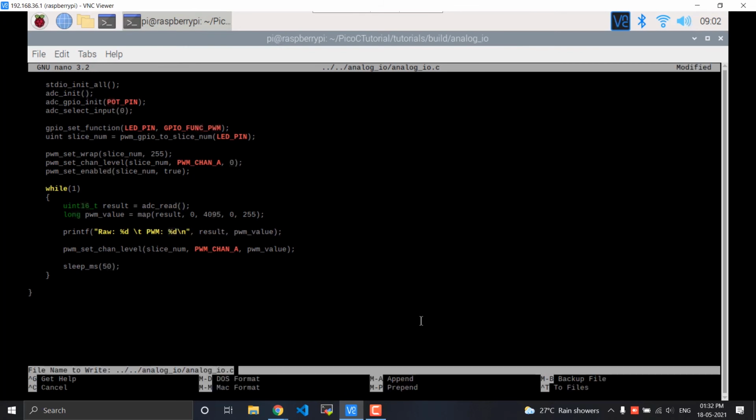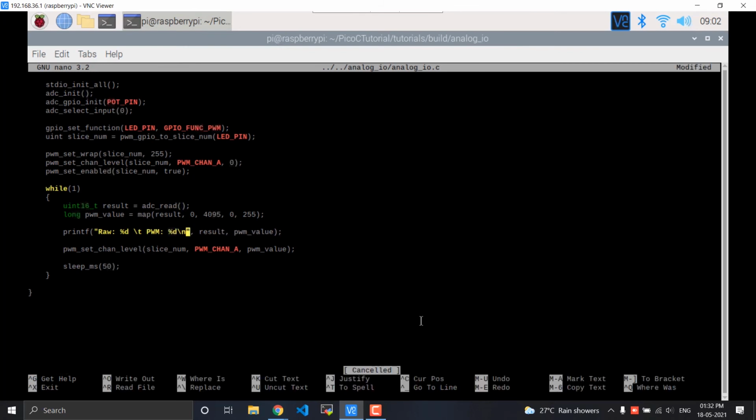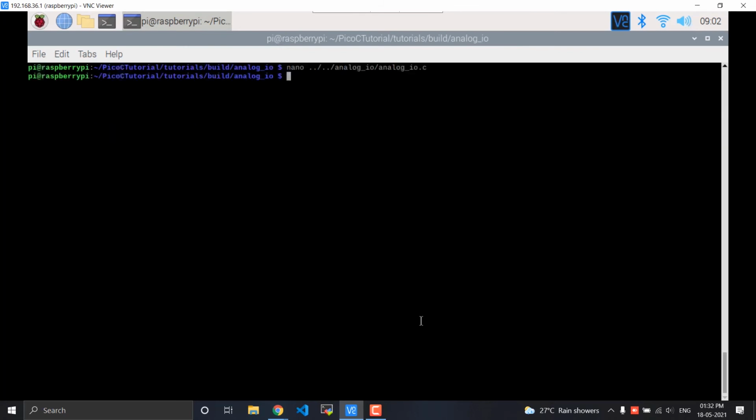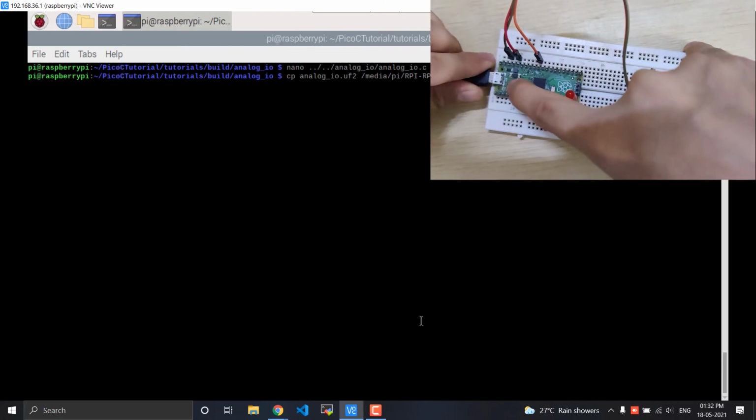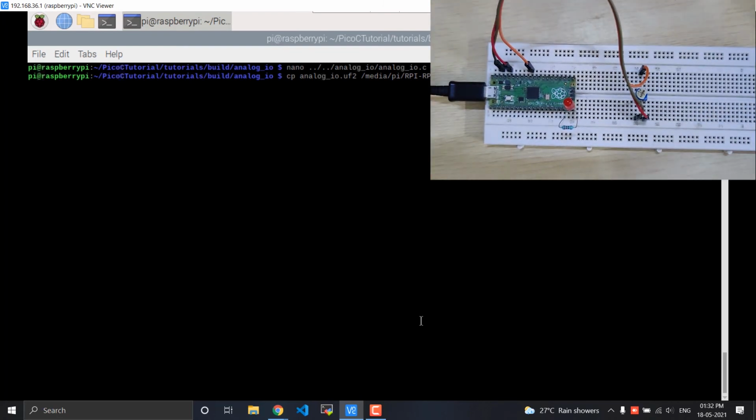Since our LED brightness is coming correctly, it means that the values are being calculated properly. It's only having trouble printing it. So let's connect this back. Wait for it to connect and then copy your code over.